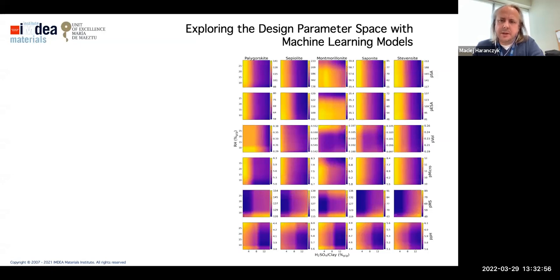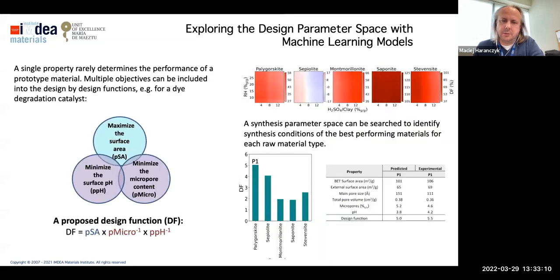And we can do it in many dimensions, basically all dimensions that the model contains. But here, for practical reasons, we just show the plot in 2 dimensions. We choose 2 parameters for which we see the largest changes in properties.